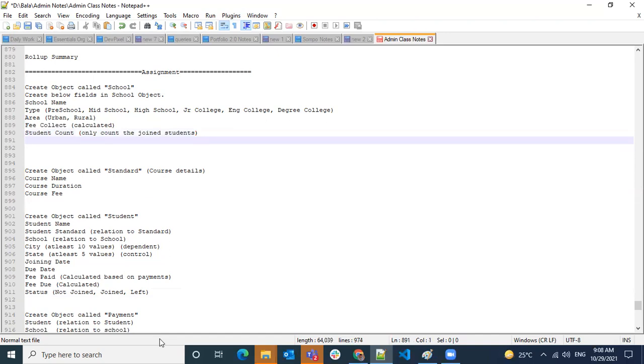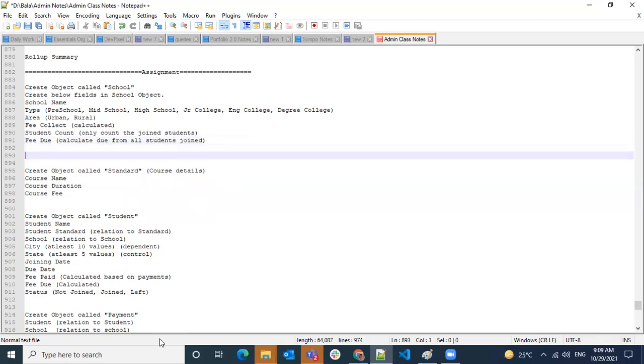That is the student count, and fee due: calculate fee due from all students joined. Is it good enough, or do you want more complex scenarios?